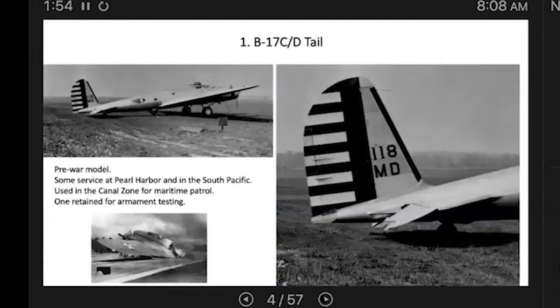And to get into the airplanes, the B-17C and D. Notice there's no tail gunner here. In the 1943 movie Air Force, it shows one of the crews taking a hacksaw to the tail compartment and installing a single